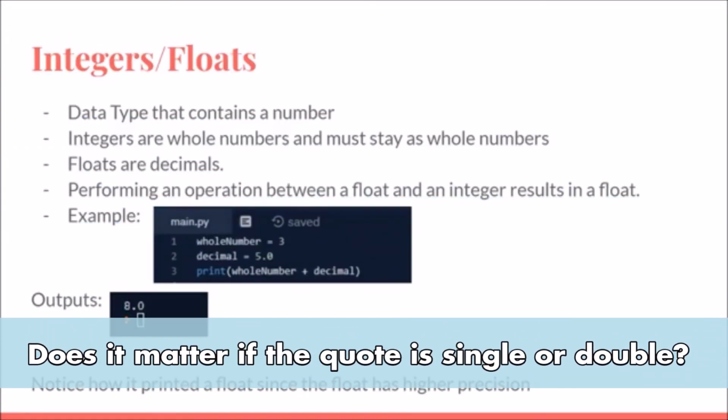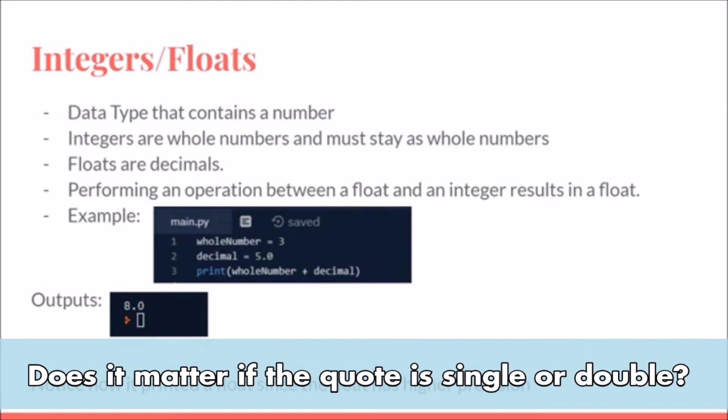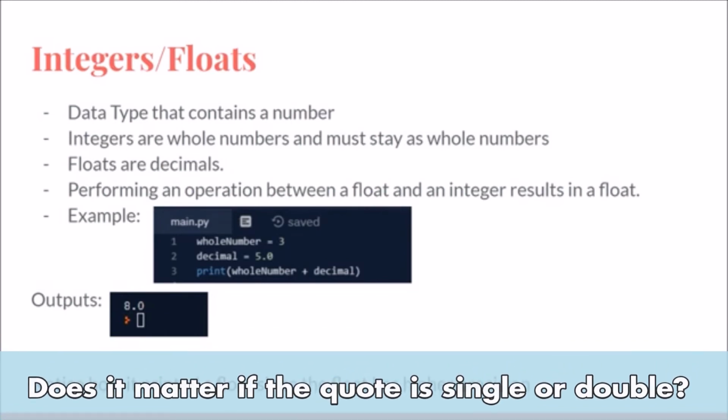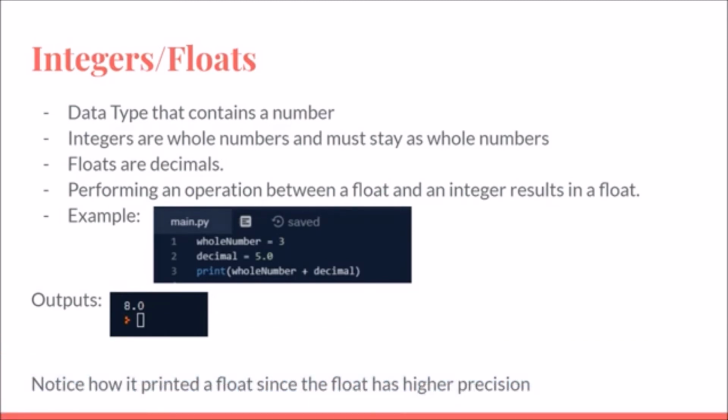Does it matter which quotations you use? We just answered that question, but okay. Just make sure that you use the same on both sides. You can't have double on one end and single on the other end, but otherwise it's a preference thing, really. Also, remember if you're using single or double quotes in your text, like let's say you want to use a contraction, in order to not mess up the code, there's two things you can do. We'll talk about the second thing in another class, but the first thing that you can do